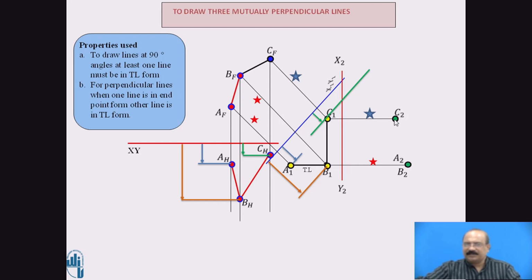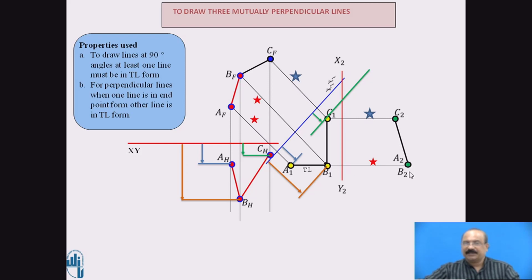Now the very important thing here, you are expected to join C2, B2, because the C and B lines are joining here. This is C and B, this is A and B. C and B is joined here, so you have to join this particular line here. Okay, you have got A2, B2 and C2.